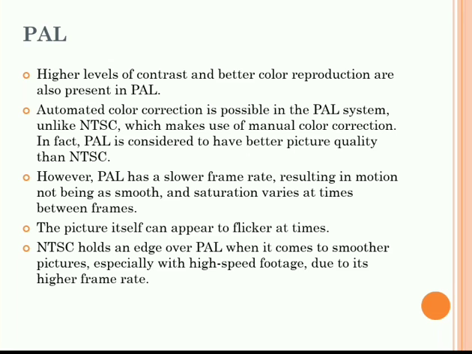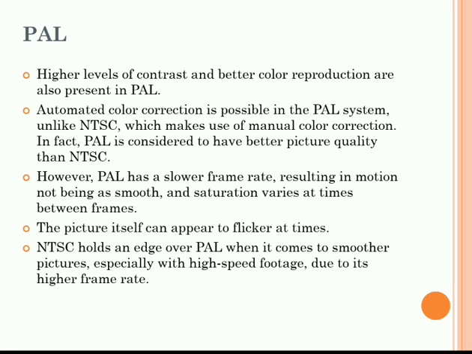Whenever one particular frame changes, a saturation shift appears, because of the slow frame rate. This is the drawback of the PAL system. The picture itself can appear to flicker at times, because of the slow frame rate and the saturation varying between the changes of the frames.